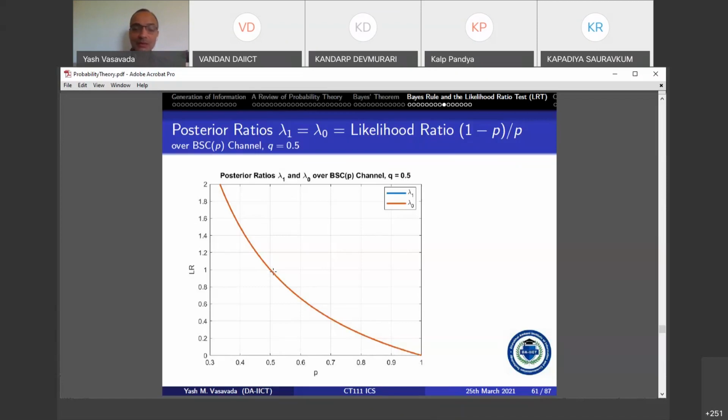Think about it. This is a little subtle, but it's an important realization. I'll repeat again that when q is equal to 0.5, in that case, when p is also equal to 0.5,